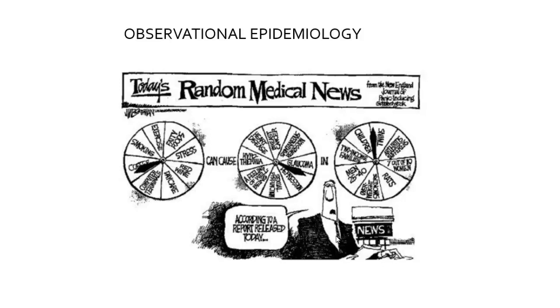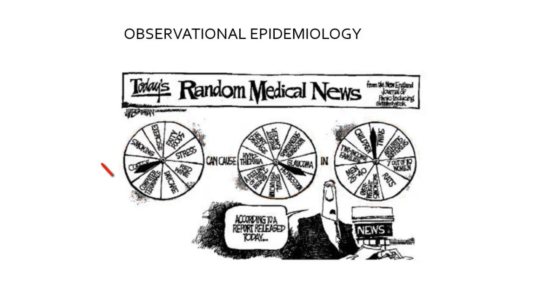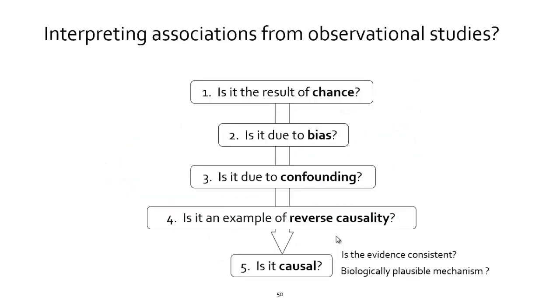So we randomly spin a wheel of fortune for the exposure and the outcome and the target population, and we end up with a story. So in this case, coffee can cause depression in twins. So we have to interpret associations from observational studies carefully, particularly when the question is etiological or we're interested in